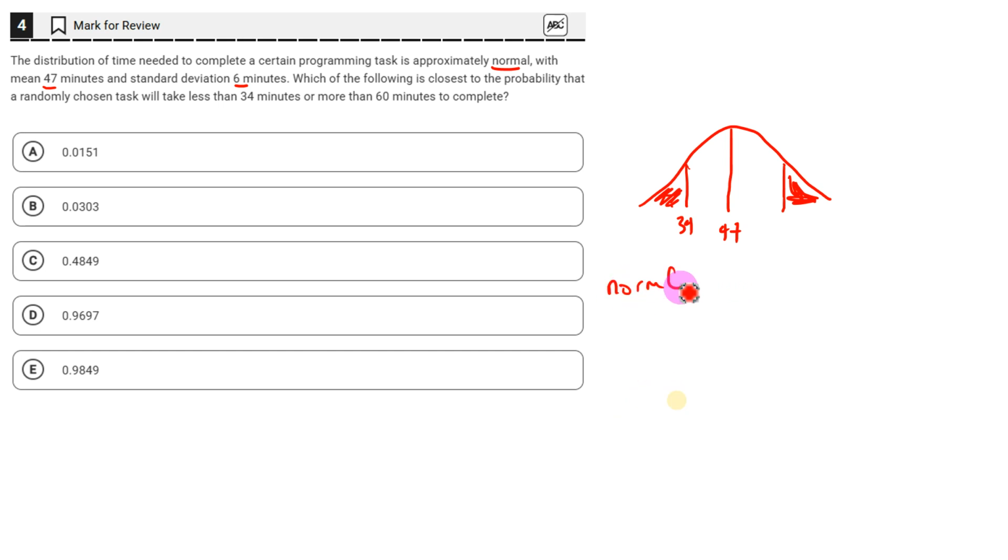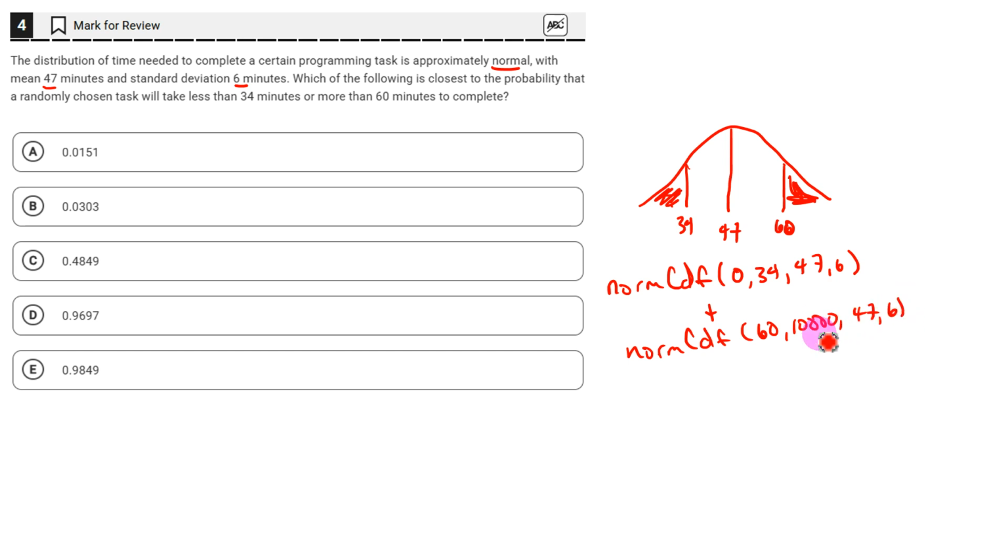Well, there's a way to do it with one of these. So our lower bound would be 0, our upper bound would be 34, and 47, and 6. And then we'd add to that norm CDF. Now we'd go, this was what, 60 minutes? So 0, 60, up to, I don't know, some high number, 47, and 6. Add those together. We should get